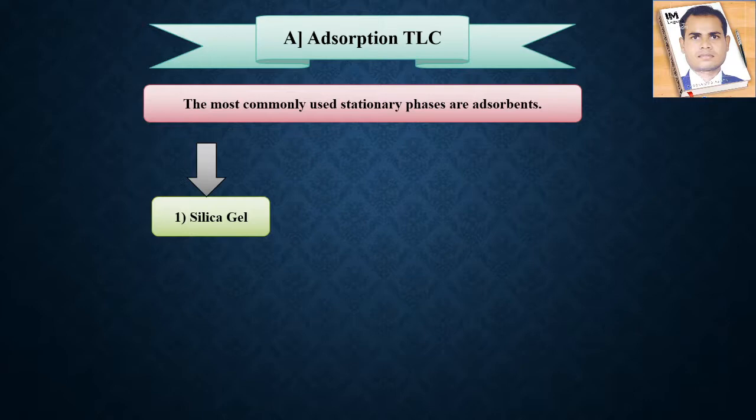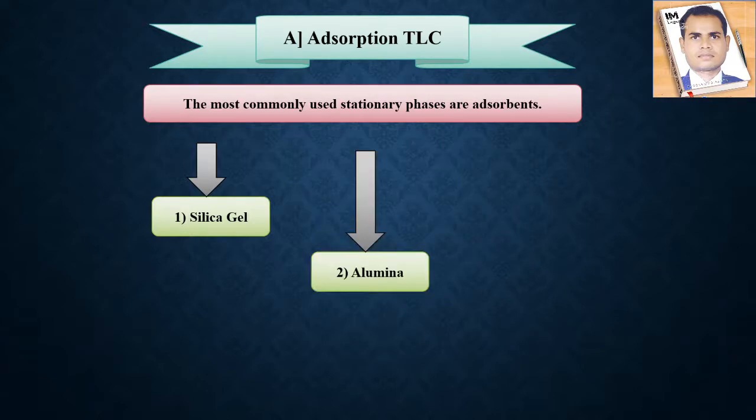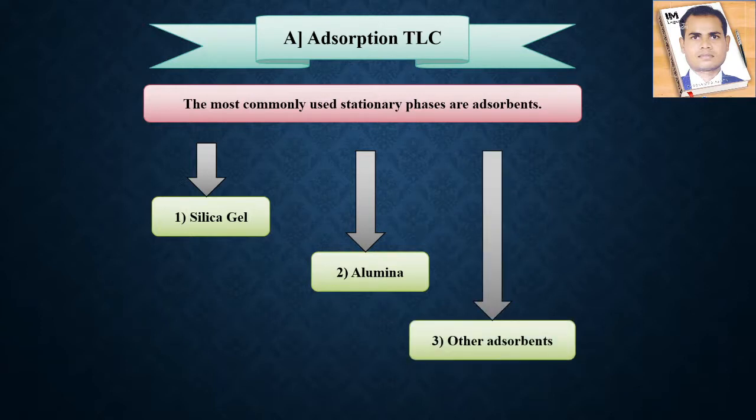As a stationary phase, an example is silica gel. Alumina we can also use, but it is less polar than silica gel, and silica gel is highly polar. So alumina we can also use here as a stationary phase. Other adsorbents are also given for you, but depending on the requirement we have to use them. First of all, we have to get information about why we can use silica gel, why we can use alumina, and why we can use other adsorbents which act as a stationary phase. So first of all, we see about the silica gel.